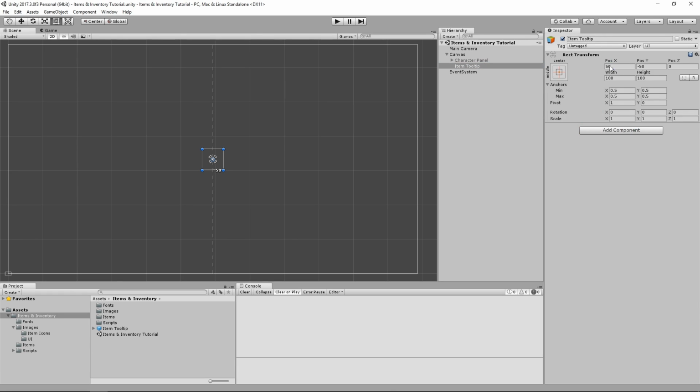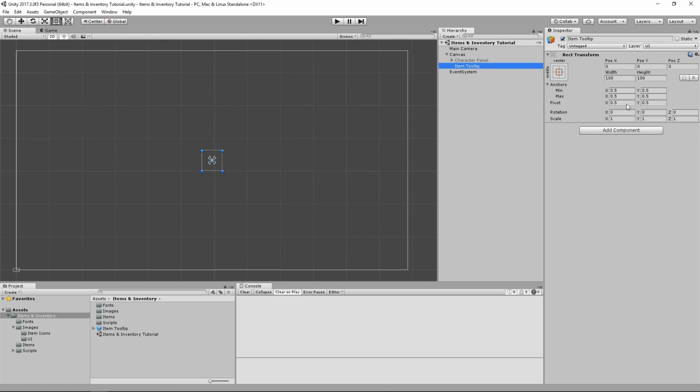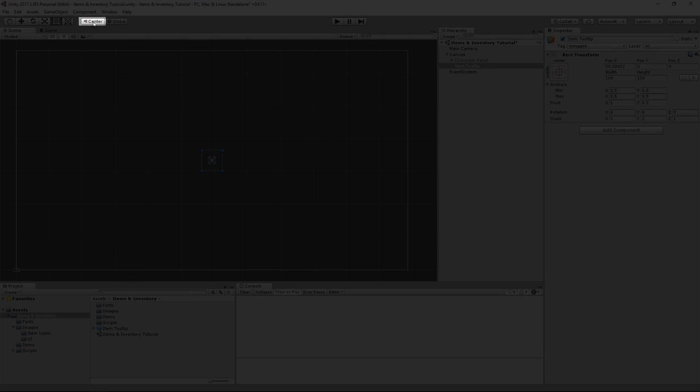And if we set the object's position to 0, 0 once again, we can see that the bottom right corner of the object is now at the center of the screen. And these values here are essentially just percentages, so by setting the pivot to 0.5 and 0.5, we're saying that we want it at 50% of the object's width and 50% of the object's height, so it goes in the middle. But if we change it to 1 and 0.5, then we also need to change the setting up here